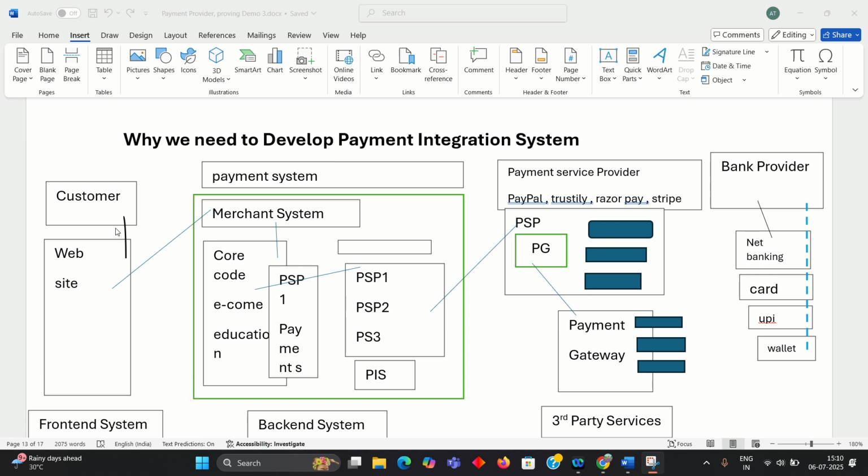But if we separate the payment system, which is our own payment system, we can switch from one PSP to another instantly. We can add retry logic and a fallback system, and the customer won't face any issue. If we integrate only one PSP, such as Razorpay,